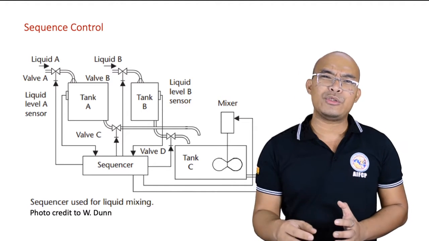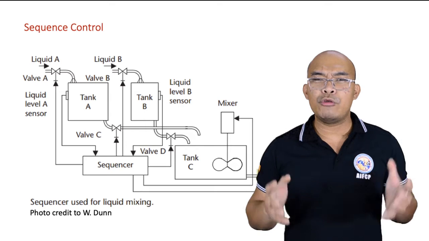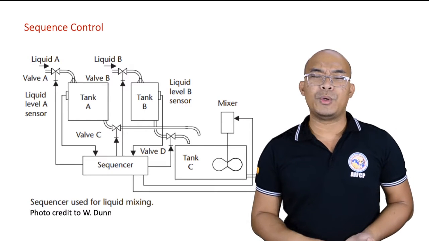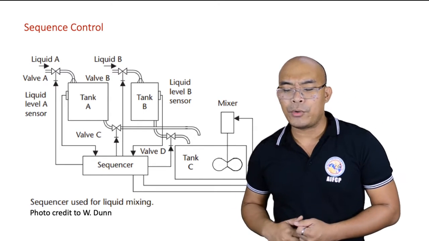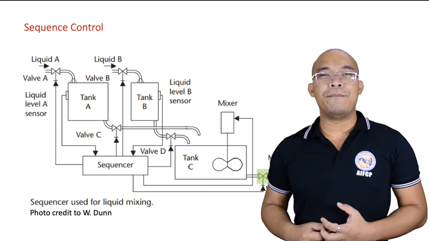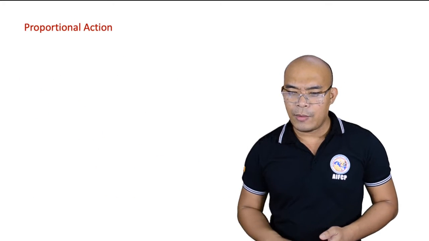Pag may nabulilyaso sa particular system na yan, hihinto yung buong process and then kailangan mong i-troubleshoot. Okay? So this one is an example of a sequence control system. Okay? So dito naman tayo sa tinatawag nating